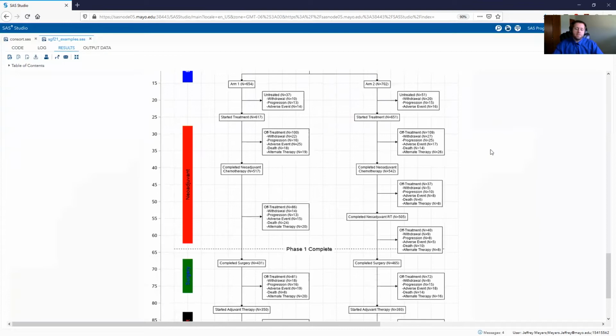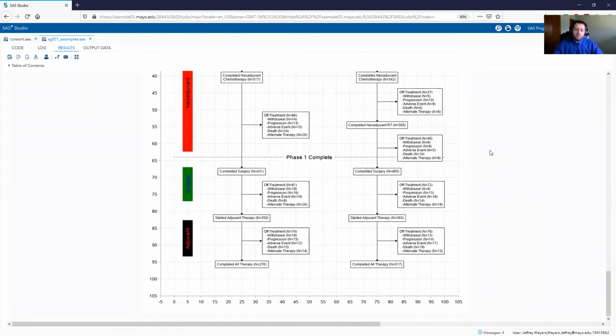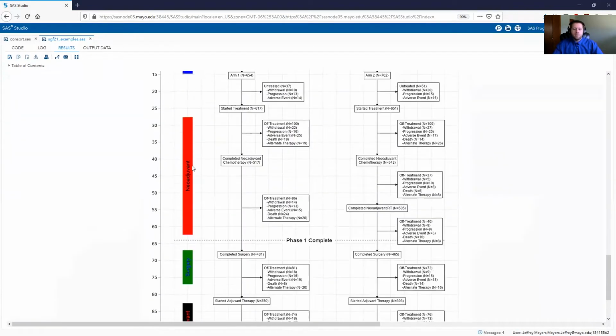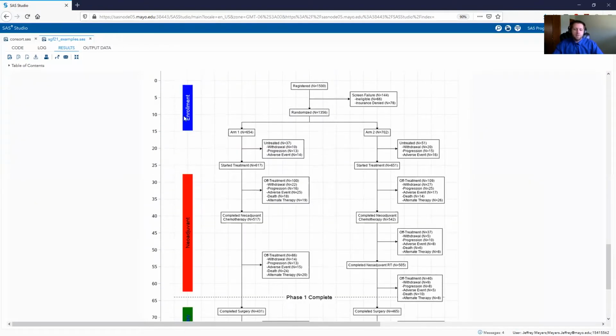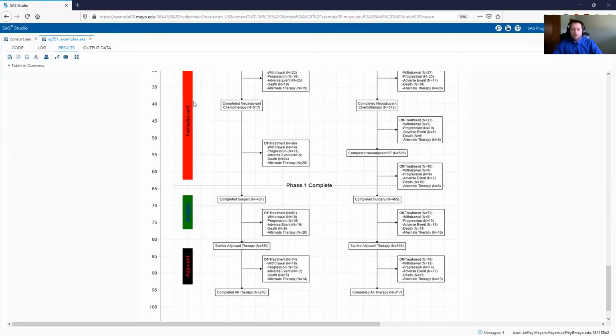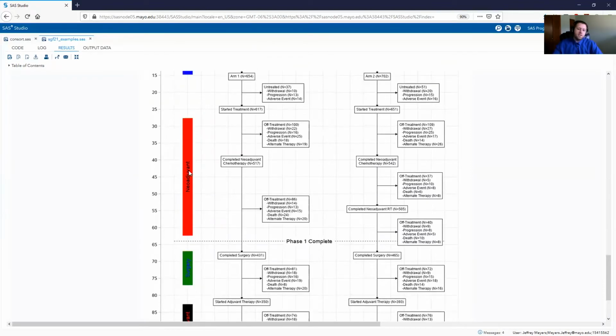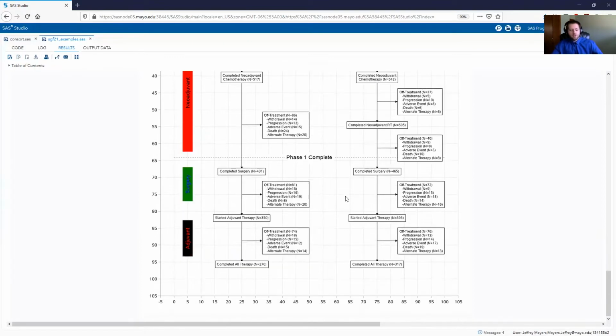The last example has some annotation added to the graph. I turned on X and Y axes because these are manually added in the macro call at specific coordinates. And I'm just showing you can turn those on to make it easier to figure out which coordinates you want to put those at. You can control the colors of the background and the fonts and the borders separately. You can have them run horizontally or vertically. You can add horizontal lines at certain parts of the graph, and you can also force these text boxes to be wider if you want them to cover more of a space for each section of the plot.